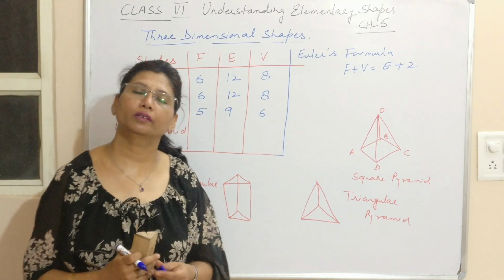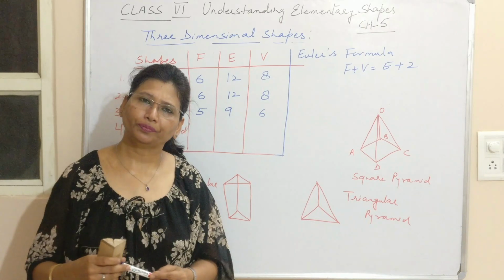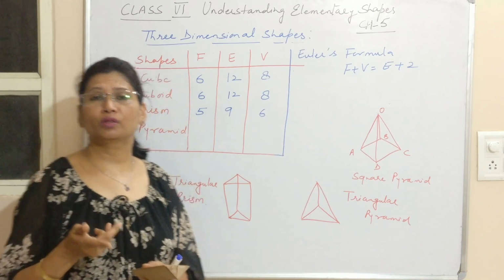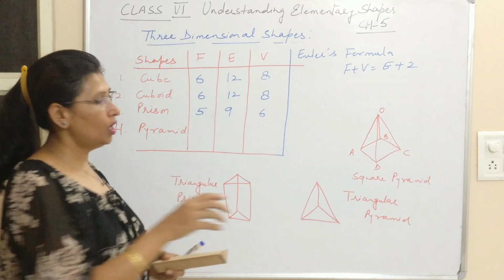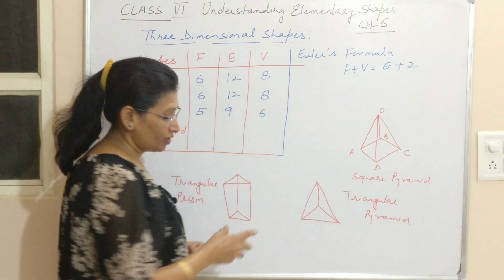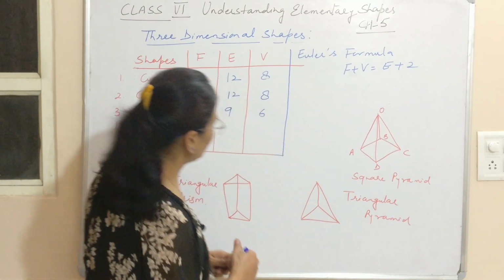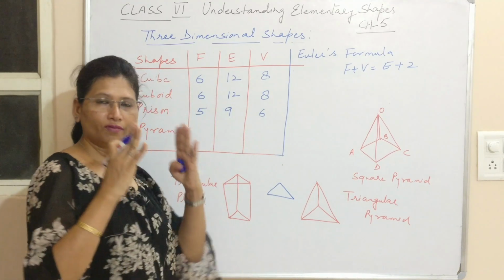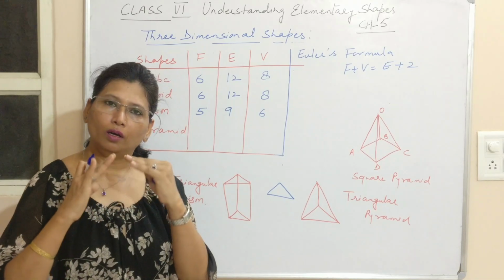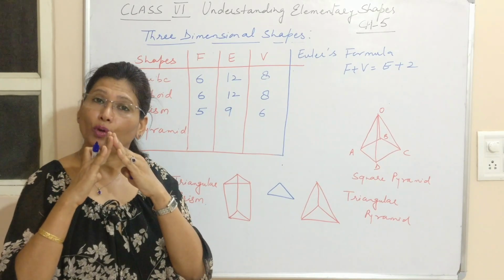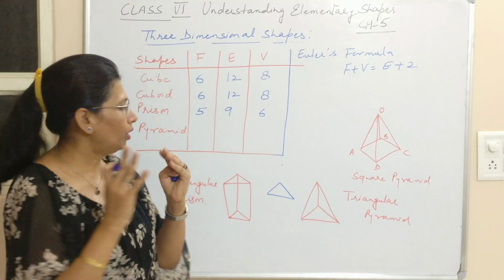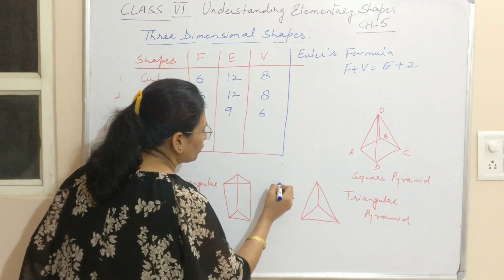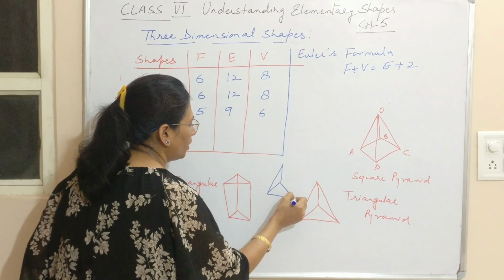Pyramids vary: you have a triangular pyramid, a square pyramid, a pentagonal pyramid, a hexagonal pyramid. The base matters. So here I am making the triangle as a base. How do we make the pyramid? If you have a triangle as a base, you take a point on the top. You must have seen pyramids, they are meeting at a single point. You must have seen the Egyptian pyramids also. We have the point at the top. We join it, this and this.